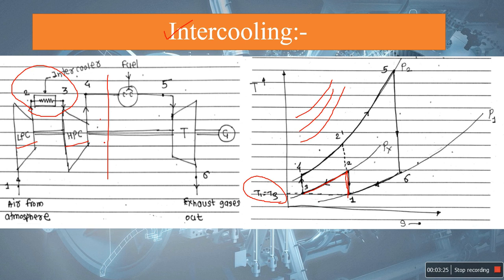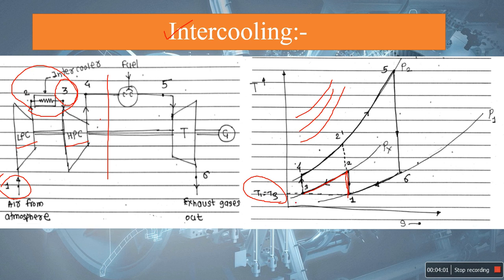and that phenomenon we call perfect cooling. Perfect cooling means the initial temperature at the inlet of the low pressure compressor is the same as the temperature at the inlet of the high pressure compressor, achieved because of the intercooling. This is called perfect intercooling. As a result, the compressor consumes less work, because the volume is reduced. When the temperature drops, the volume of the air also decreases, so the piston consumes less power to compress it.